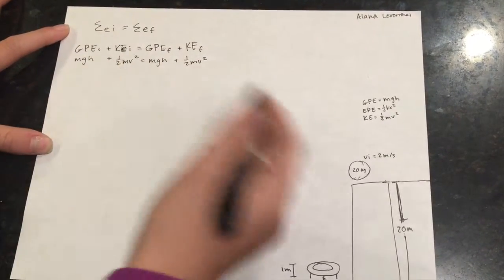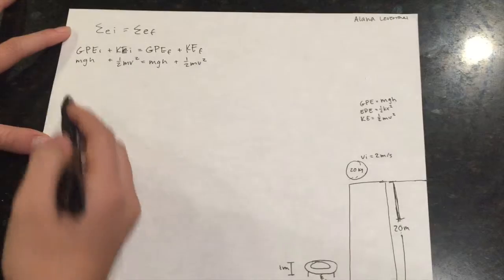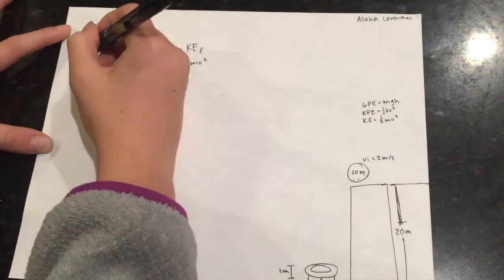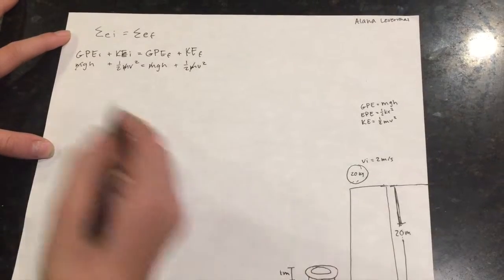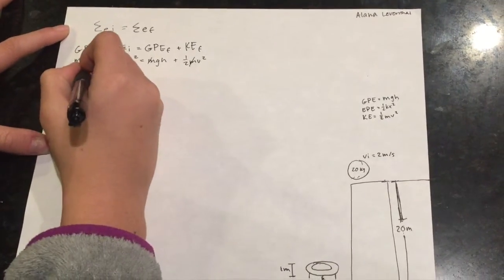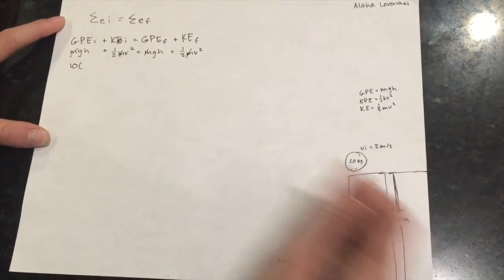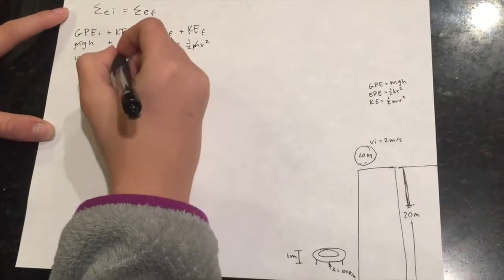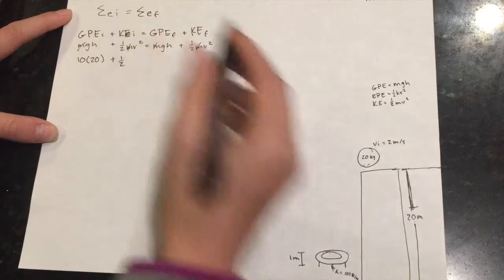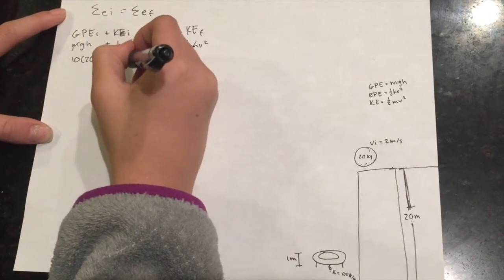And if you notice that mass is in every part of this equation and is also on either side of the equation, we can cross all the mass out. So gravity is always 10 times the height, which is 20 meters, plus 1/2 times the initial velocity, which is 2